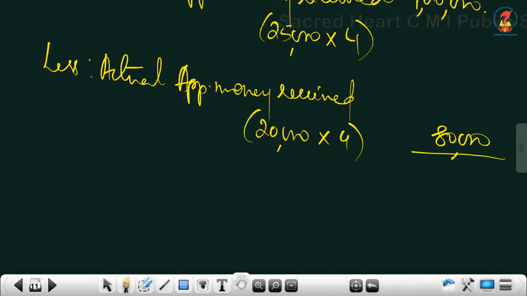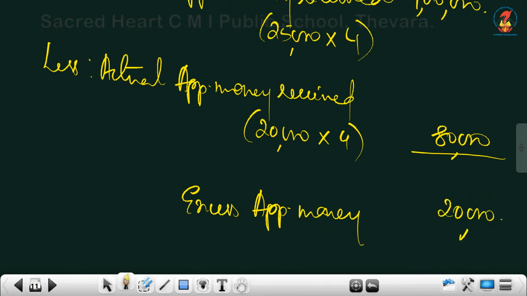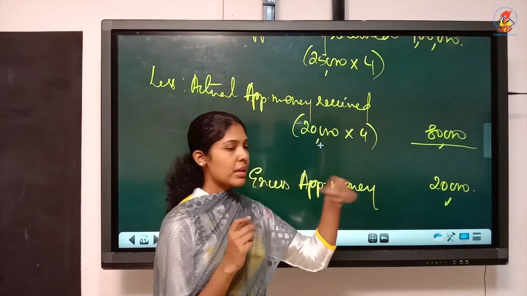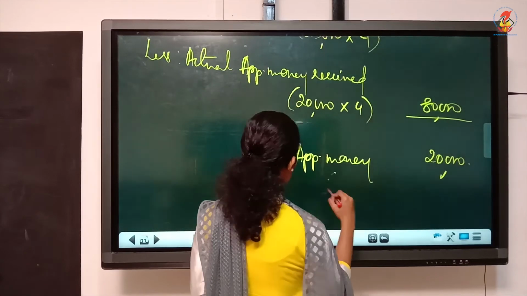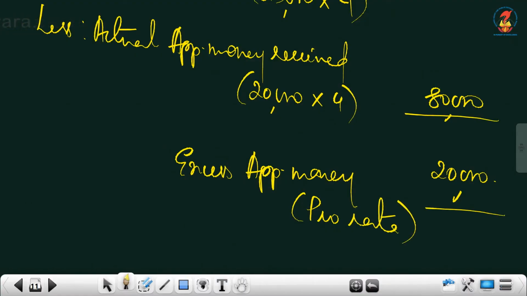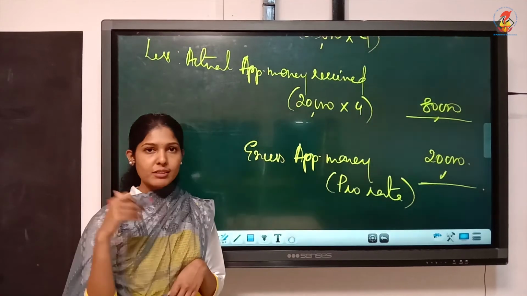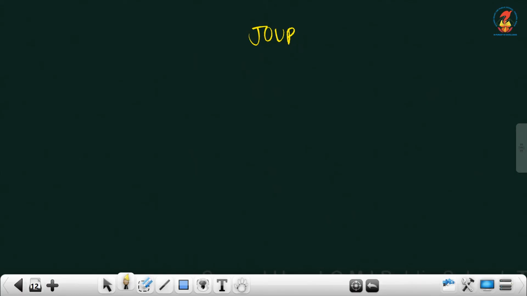20,000 is the number. You have to write the amount always. So what is excess application money? Excess application money is 20,000. Do we have any rejection in the question? There is no rejection. So this 20,000 will be the amount of pro rata. So you write here within brackets, this is pro rata figure. Okay. Now we can start the journal entry. That is, yes, 4 on application. With that journal entry we can start. So write journal and start doing journal.